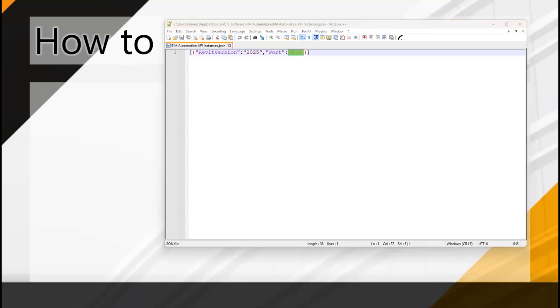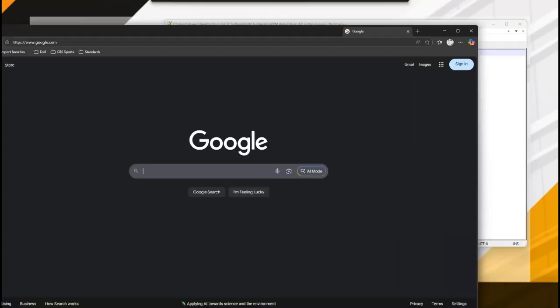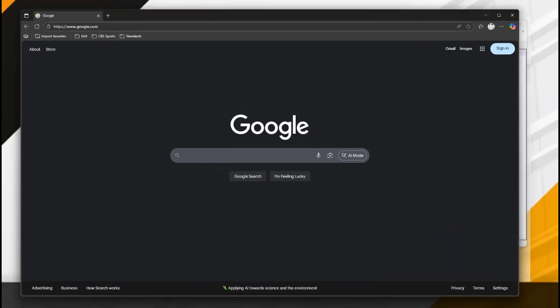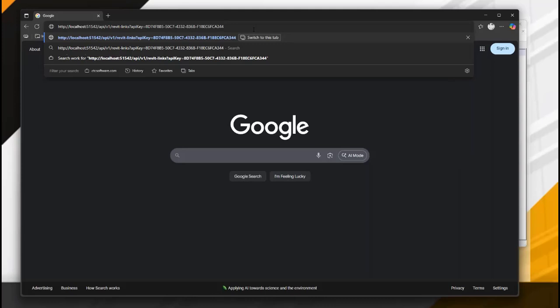So what I'm going to do is pull up a web page here. I'm going to pull it across to this page over here. This is just my Internet Explorer. Okay, it's actually Edge, not Internet Explorer, it's Edge. And I'm going to put in one of those ports. So here is my localhost